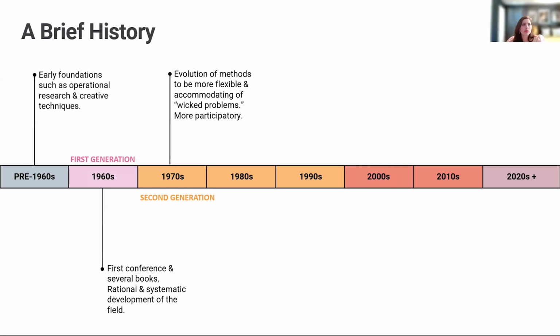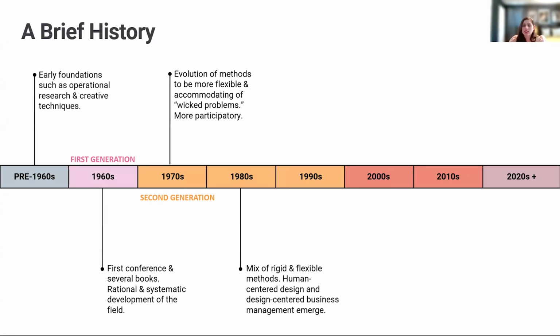So in the 1970s, we actually saw some of the early advocates for it starting to kind of talk against it because they felt that the methods had become too rigid. And ultimately, we needed flexible ways of doing things that they called wicked problems, which are essentially trying to reflect the nuances of human life and that there's a lot of complexity in some of the problems that we as people face. The 1980s then started to bring about the mix of rigid and flexible designs, and some of the terms like human-centered design started to sprout, as well as thinking around business management, trying to take a more design focus.